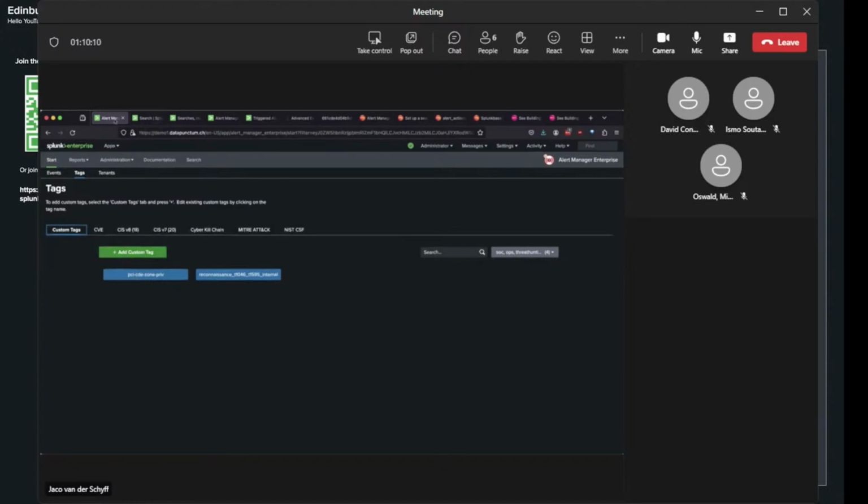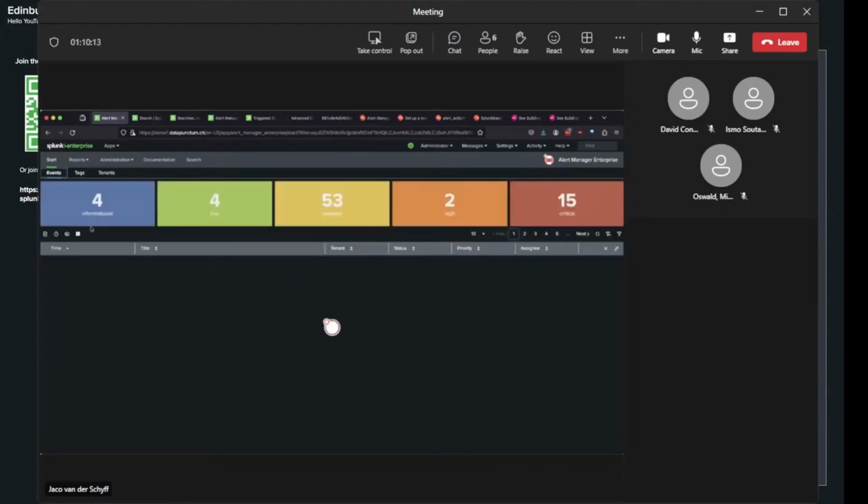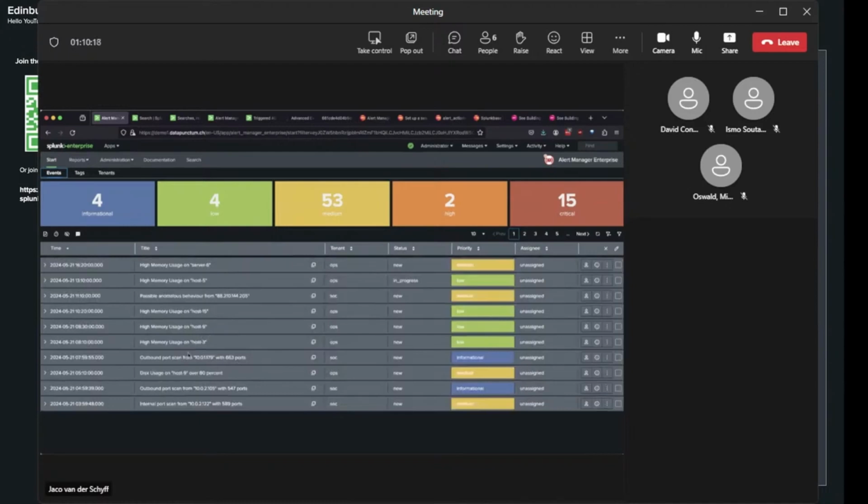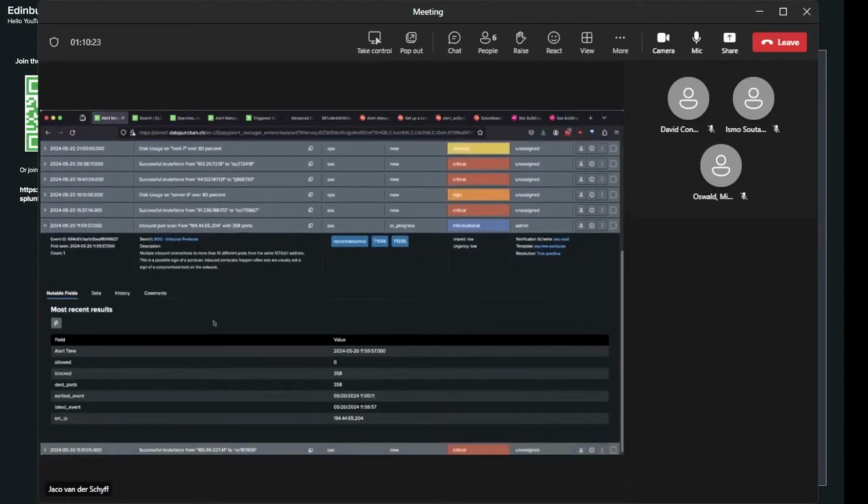Good. So what I would like to show you is what these tags allow us to do. Let's go back to the event. If you are familiar with the Enterprise Security Content Update, the safe searches, the conf annotations, a lot of the threat intel currently produced by Splunk, specifically SSE, as well as what's available on the GitHub repository, the savedsearches.conf, are annotated with tags showing the specific techniques and frameworks.